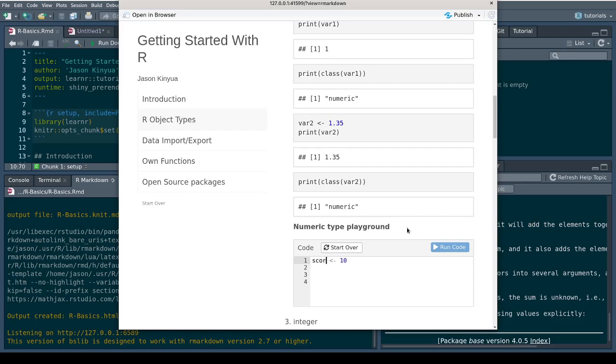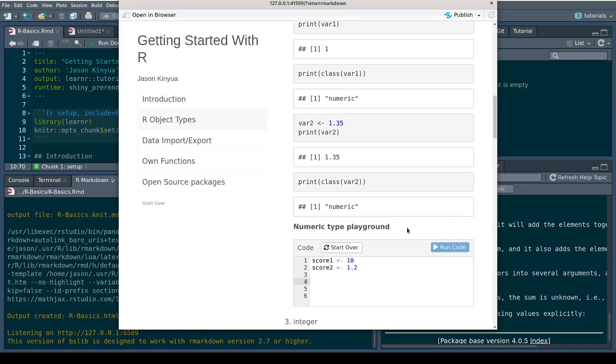So score 1 and then score 2, which is 1.2. Okay, when you do a mathematical operation on numeric type, the output will be a numeric type.